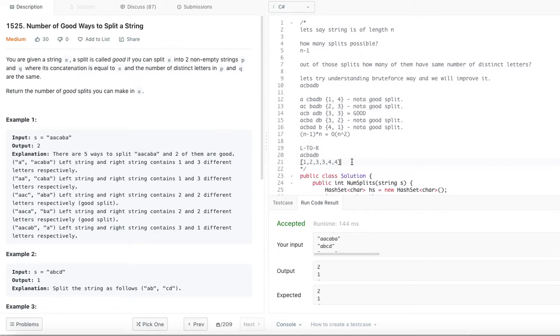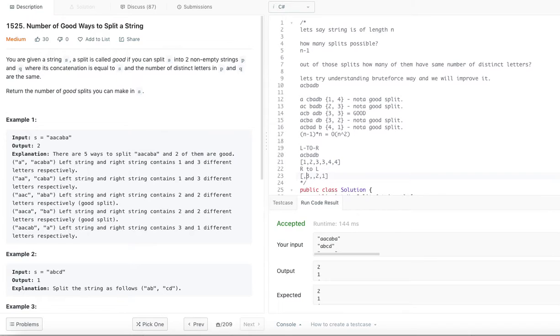Then what we are going to do is right to left. Similarly to how we went from left to right, now we go from right to left. Start from B here. When we are at B, obviously there is only one character, and then B, D, so good, 2 characters. B, D, A, 3 characters, good.